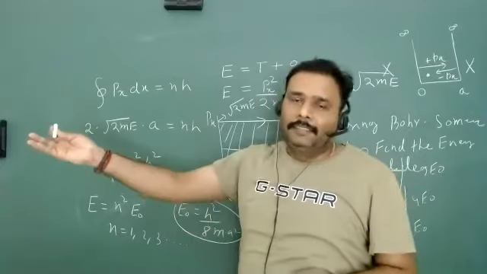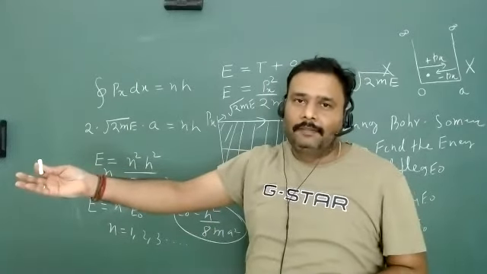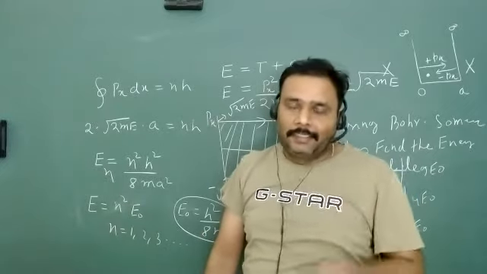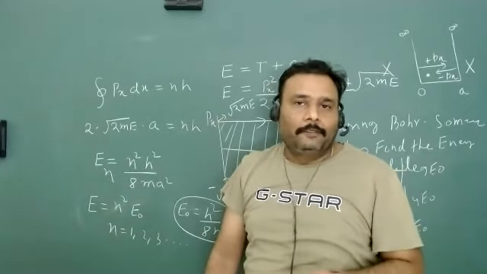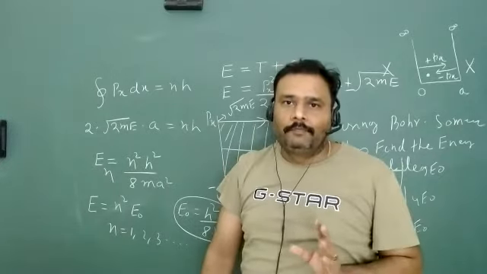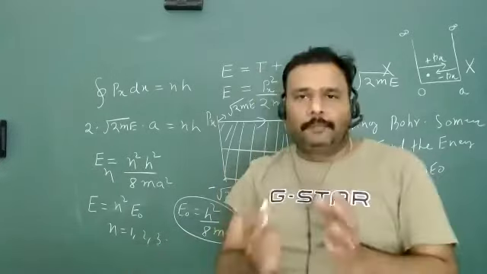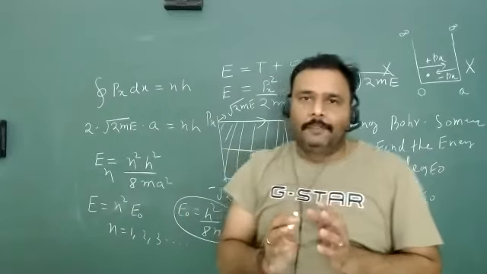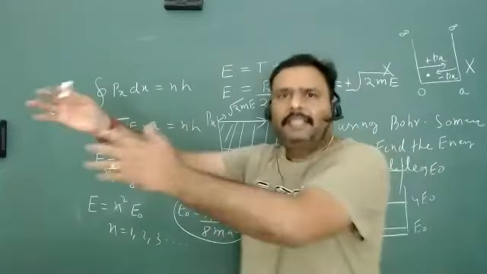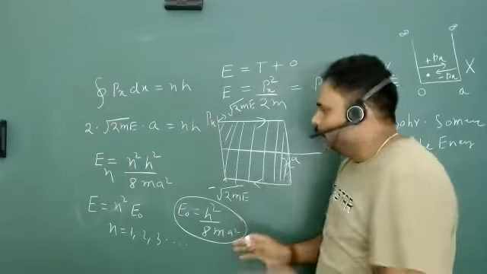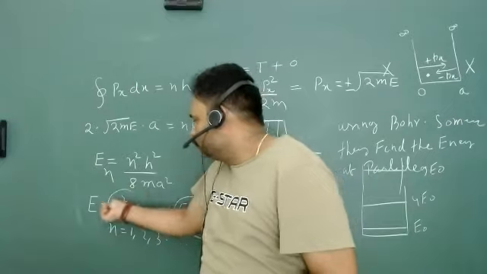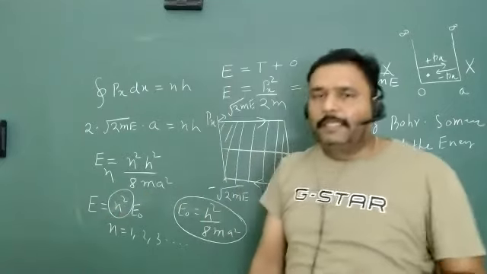So you have done this for the hydrogen atom. In the hydrogen atom also you have found that not all possible values of energy are there. What have you found? The energy is minus 13.6 by n square. Suppose minus 13.6 is some E naught. So what energy do you get? Energy is E naught by n square. So that is a different type of discreteness. But here you can find energy is proportional to n square.